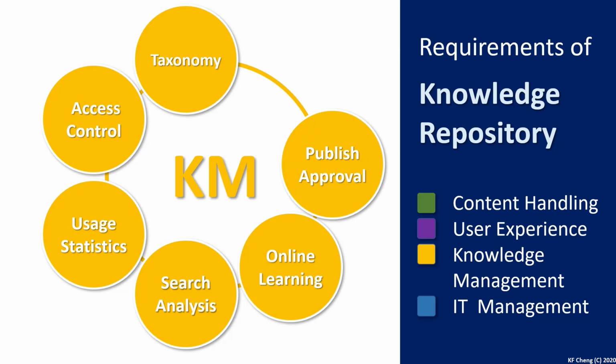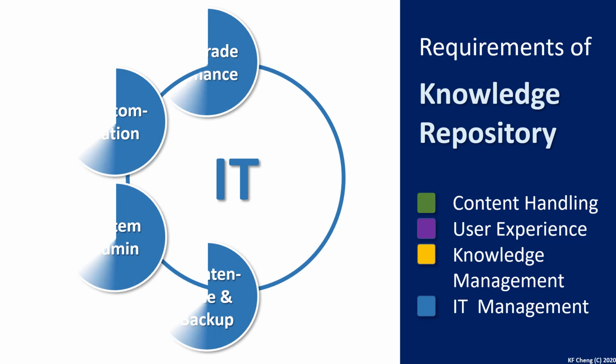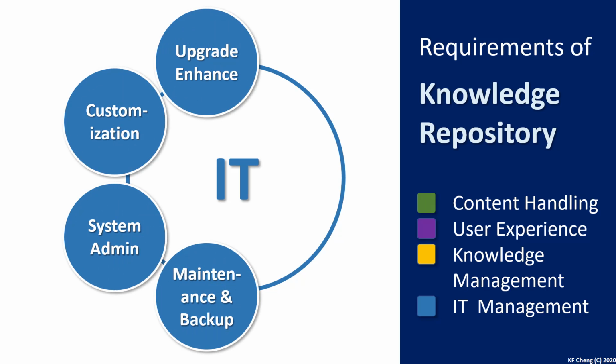Sometimes in some situation, we need the information be examined, approved, or agreed before publishing. For this we would also need a publishing control mechanism, or moderation flow available in the system which can be relatively easy to modify and manage. Finally, a KM system is still an IT platform. We need the IT people and they will be concerned with upgrade and enhancement, how to deal with ad hoc changes, system administration, maintenance, and backup.